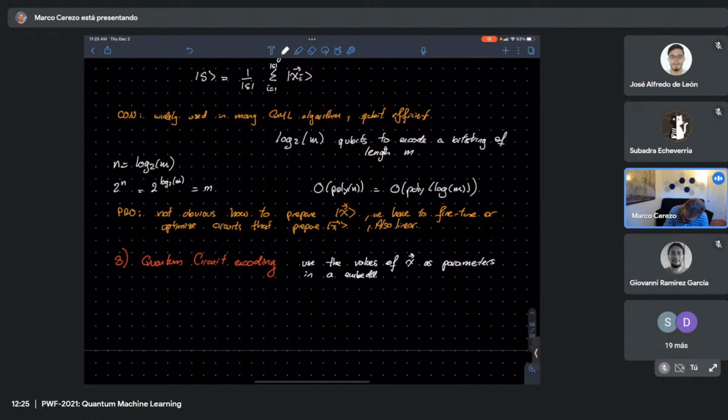I'm just using embedding and encoding interchangeably, right? Circuit. We go back to this idea of parametrized quantum circuit, which we really like as models for near-term quantum